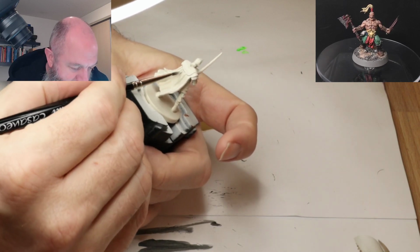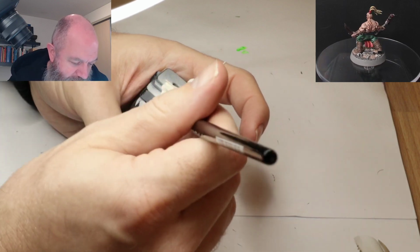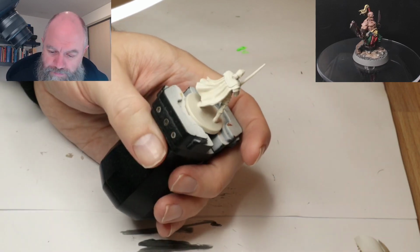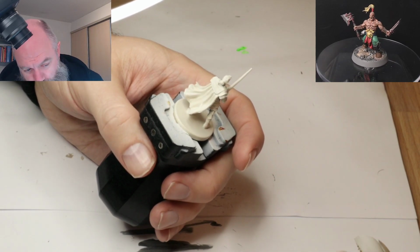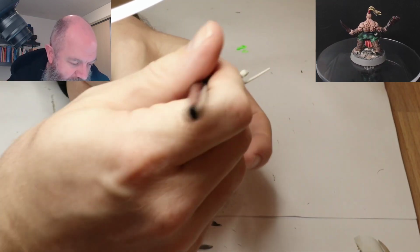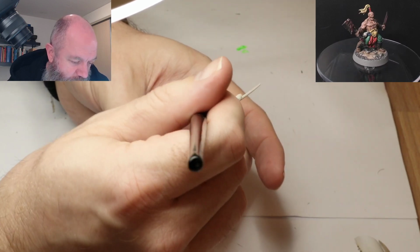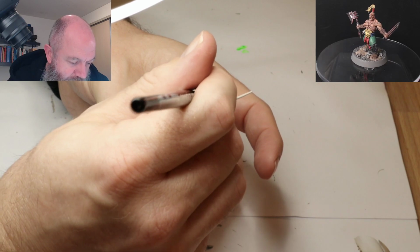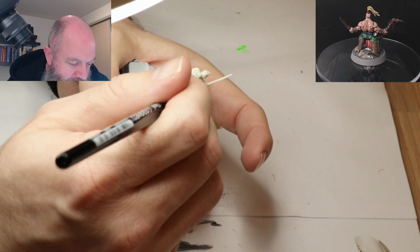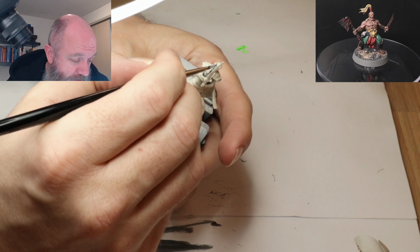It's difficult enough to get the red color to properly cover the mini, but if you actually have, like here, actual cracks in the... what am I trying to say here? I'm trying to say if you don't have a properly covering primer, then the reds are going to be even more difficult to get to cover it. But yeah, fortunately it's only small cracks, and Wraithbone, as I find with so many other Citadel colors,